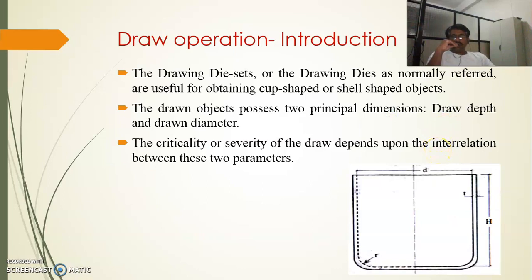The draw operation introduction, in which we can understand that the drawing operation means drawing the curve type of shapes from the sheet metal. So in this case, the figure will show you the curve type of shape which we can draw from the sheet metal. Now, different applications of draw are there in the industry, and a simple application that we all know is the automobile doors.